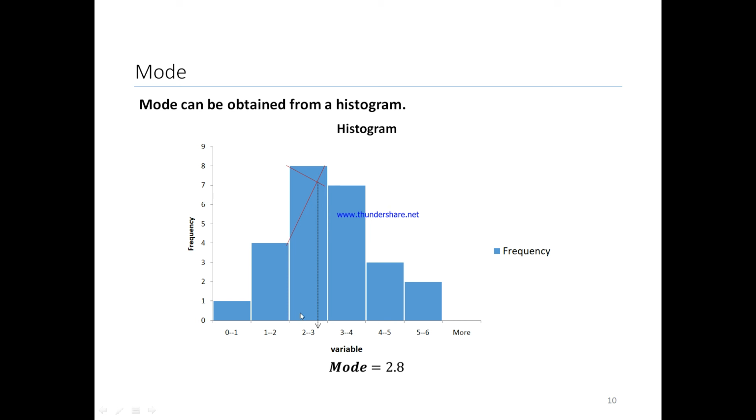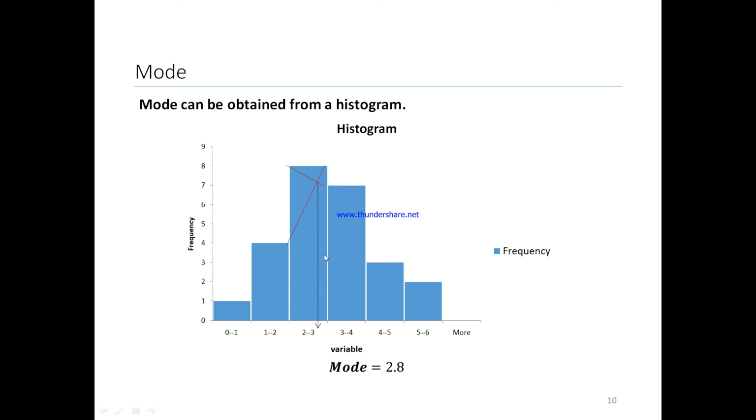So in the histogram, there are no gaps in between the bars, right? Not like the bar chart. In the bar chart, you can see bars separately, but we use the histogram in order to observe the shape of the distribution, so you cannot have gaps, right? So how to use this histogram in order to find the mode is,